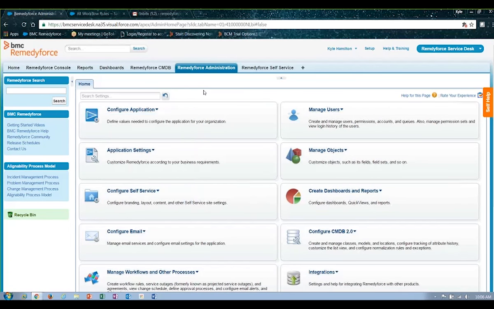creating it yourself. I hope this has provided a nice overview of some of the administrative features of RemedyForce, but